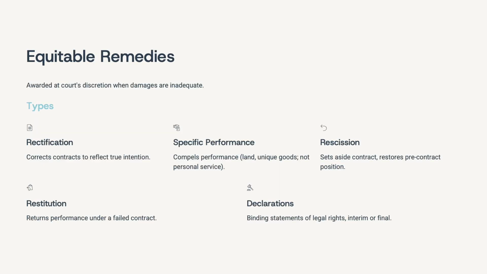Then we have equitable remedies. We have talked about legal remedies. Let's talk about equitable remedies. When damages or compensation won't do, we go to equity. When compensation is not sufficient or adequate, equitable remedies come in. The first one is rectification. Correct the contract. Amend the contract to reflect what people actually meant, like fixing a typo in the Queen's speech or King's speech.